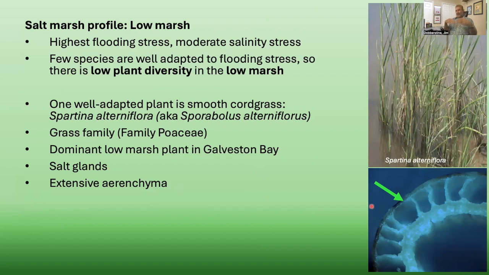In Galveston Bay, again, remember we've got a pretty wide salinity gradient that can range from almost zero all the way up to like 30 parts per thousand or higher. So where you find the low marsh can dictate how significant that salt stress is. There are a number of plants that are adapted to these environments, and again, those vary depending on how much salt stress there is. And I feel compelled to say something about salt stress here while I'm thinking about it,